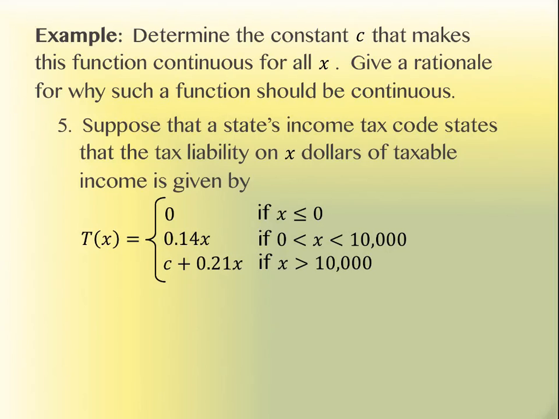So this function has 3 parts to it. And if you'll notice, the first part and the second part, these 2 parts don't have C in them. Agreed? Now, if you take a look here at x equals 0, we're supposed to be on this first piece of the function, and I've got an x value of 0. If I'm slightly bigger than 0, I'm supposed to be on the second line of the equation. And if we actually did plug in 0 here, what would happen to 0.14 times 0? I'd get 0. So these 2 pieces are already continuous,